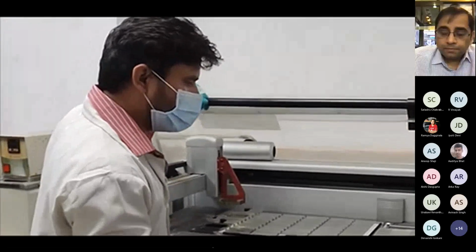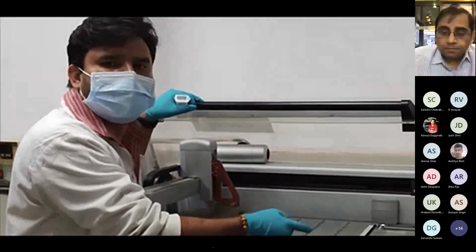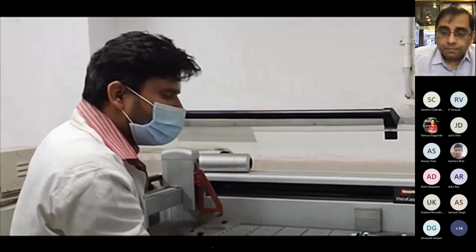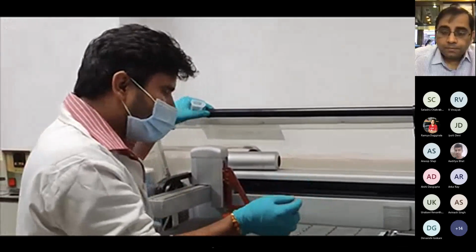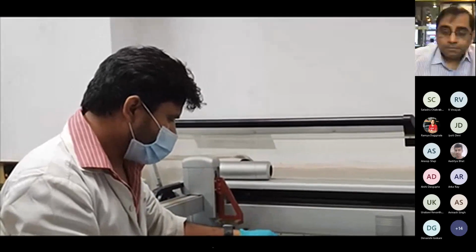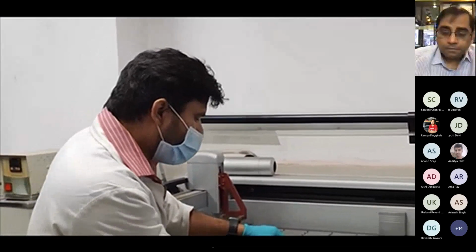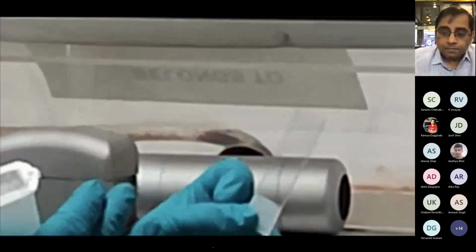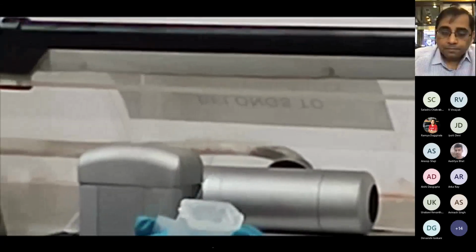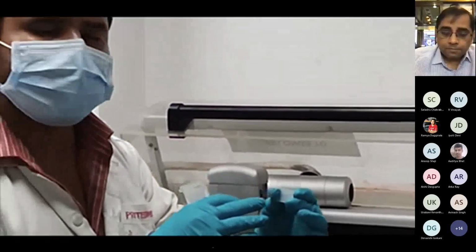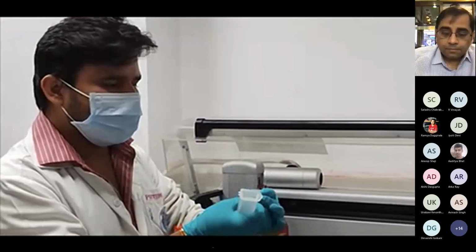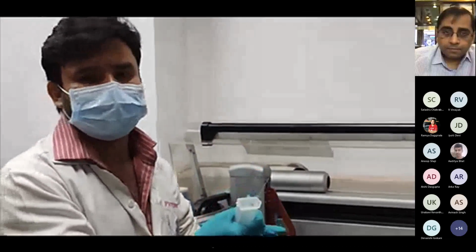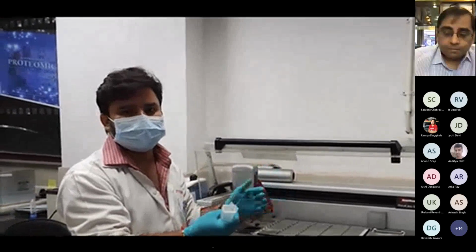In this multi-channel plate, we can put the proteins, and we have to mention which protein is present in which well. Accordingly, it will take the proteins and print them in the specific location of the slide. While doing that, we have to activate the slide first, including some amino acids that will help in printing the protein. Once the protein is printed, we have to take care of the slide as well, because it is very sensitive. And once the printing is done, we can use our microarray code that we showed in the diagram.